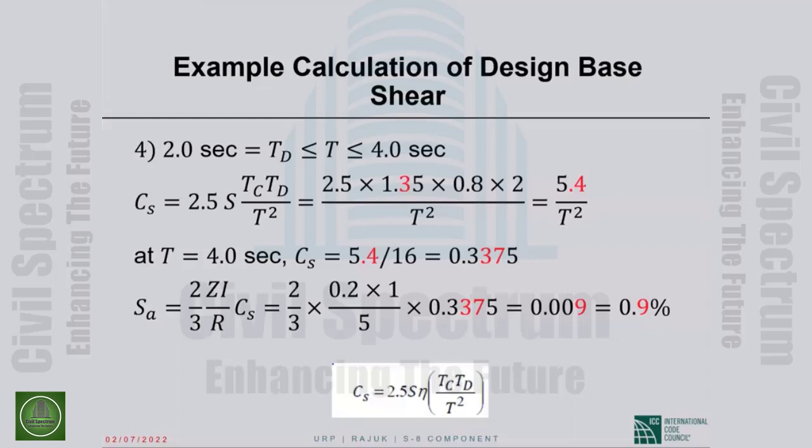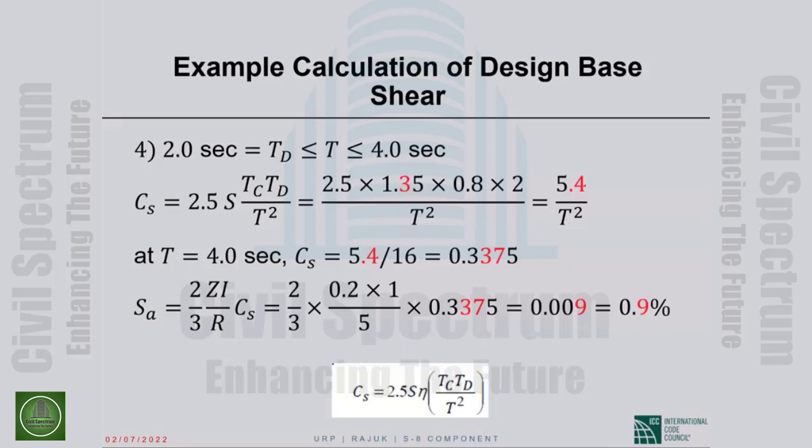Thank you, Bodhi, and good evening. We are in the middle of discussing the equivalent lateral force procedure of seismic design of BNBC 2020. Time ran out on us yesterday, so I will pick it up where we left off, except that we discovered